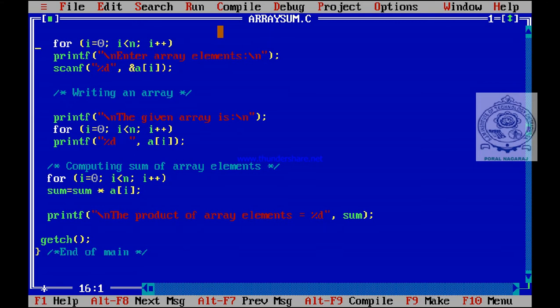Actually, a for loop will have only one statement as the body of the loop, but this is your for loop body. Usually I am going to indent them. Okay, scanf is not the body of the loop. See what happens, what will be my output. I am not going to get the output correctly.